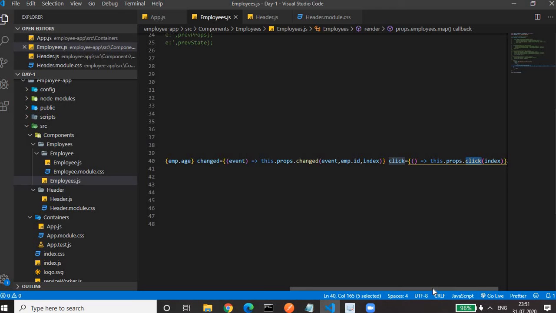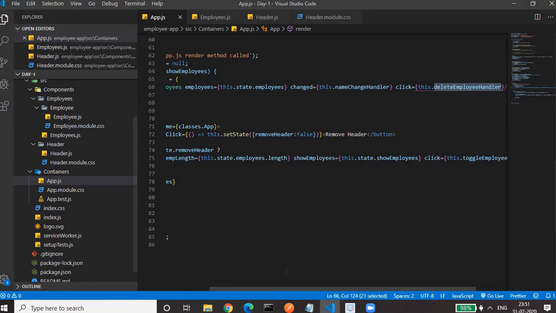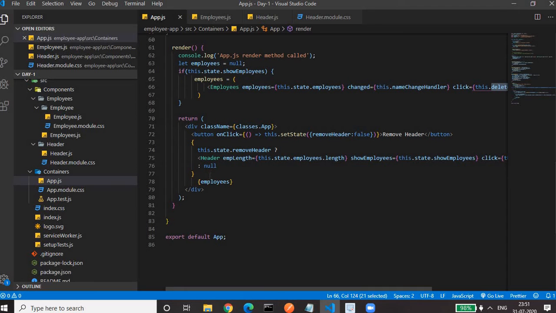So all this code was clearly written in the app component. We have moved this to the employee component, and we have used this employee component in place of that code, so that the number of lines decreases, and our render method now has minimal lines of code. So this is actually the best practice for those stateful components. The component is used to change the state, manage the state.